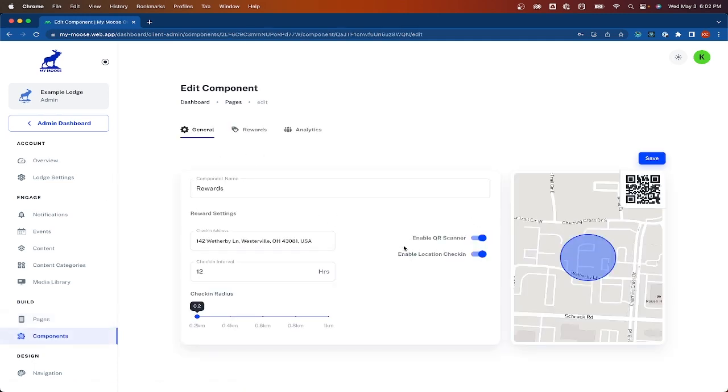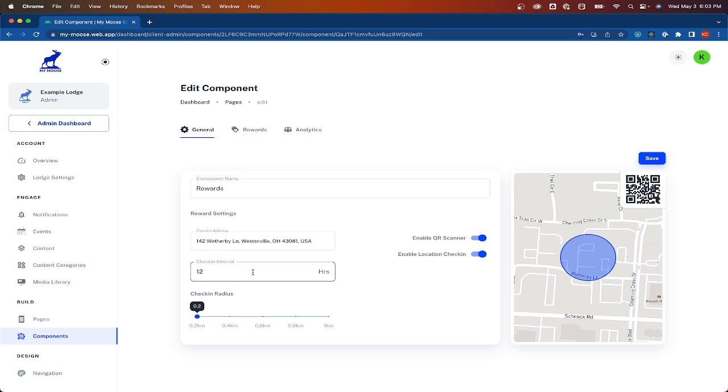This will take you to the settings for the rewards. So the way members can earn points, they can either use their location, which would be tied to your lodge address. And if they are at that location, they'll click check in and they'll automatically earn a point. You can also print off and save this QR code right here, and the member can scan that with their phone within the app. There's a QR code scanner, and I'll show you that momentarily,